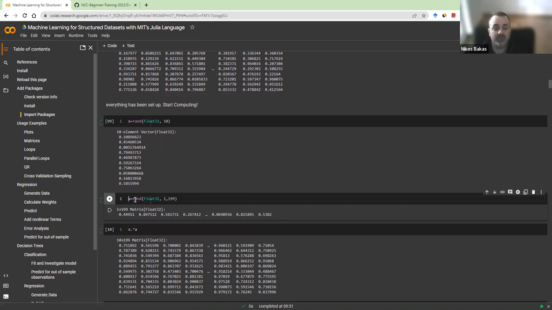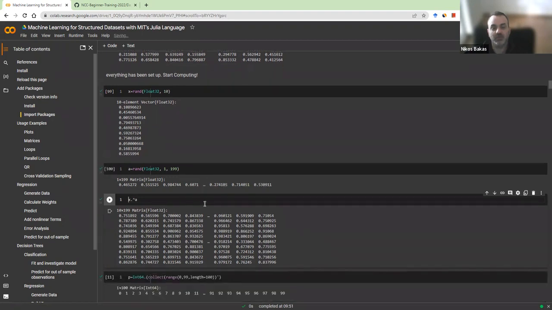And similarly, I initiate a random vector with dimensions now 1 by 199. The previous was a column vector. This is a row vector. Now, if I want to develop a matrix where each column will be the first vector, the x vector, raised to the power of the alpha vector,